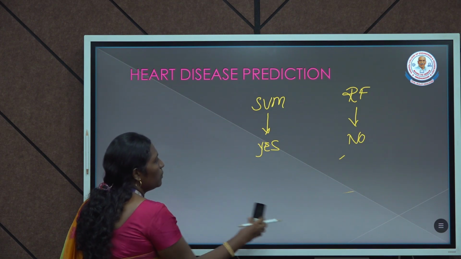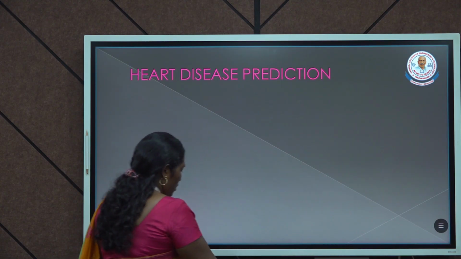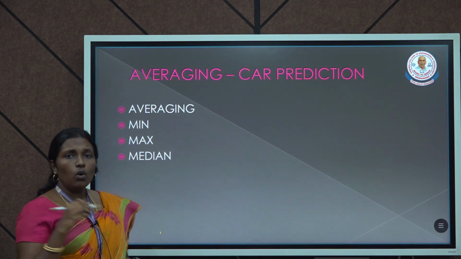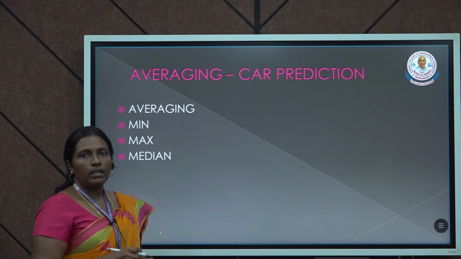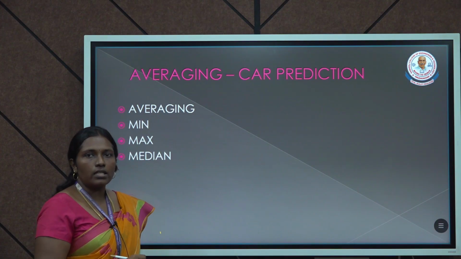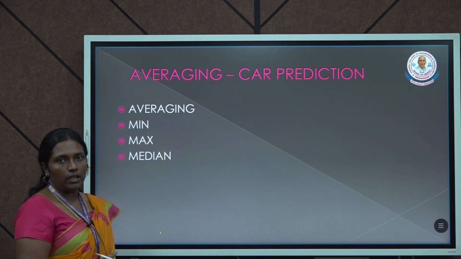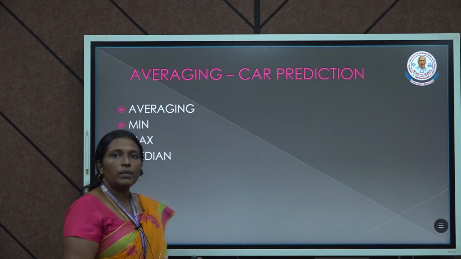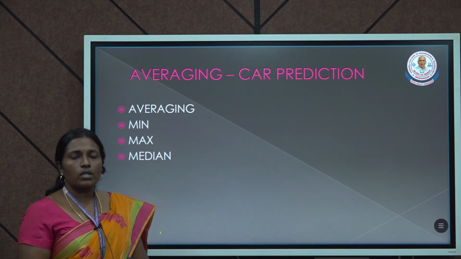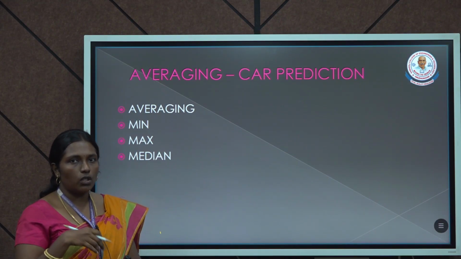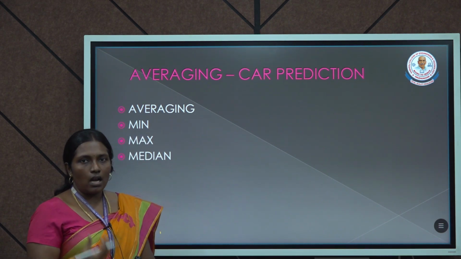So next we will be moving on to regression kind of problems. As we all know, regression gives us the exact value of the particular data. So I want the exact result of the particular data, so I will be going for the averaging method. Here also let me give you an example, a car prediction example. Suppose I want to buy a used car. Consider it as whatever car it is.